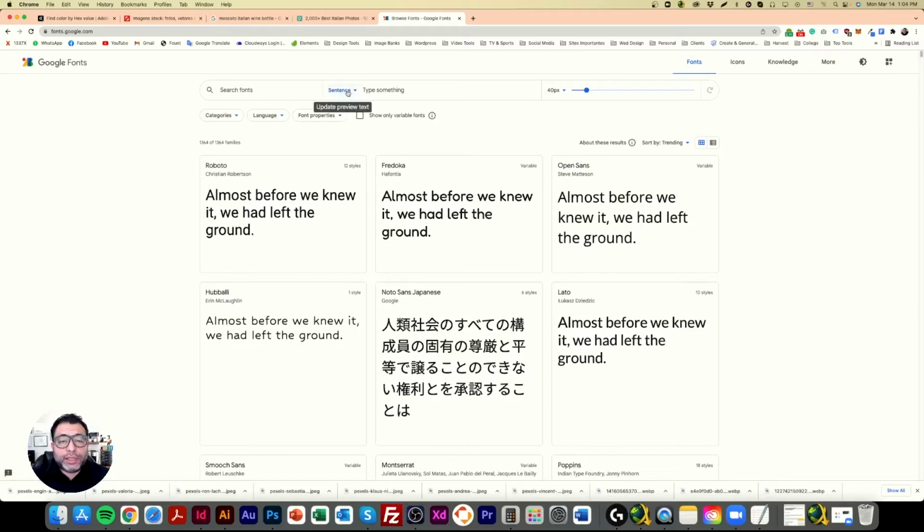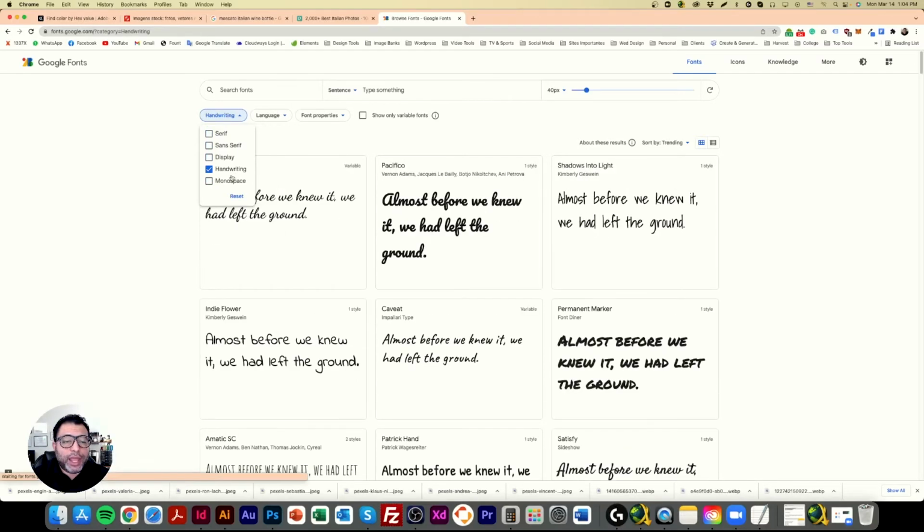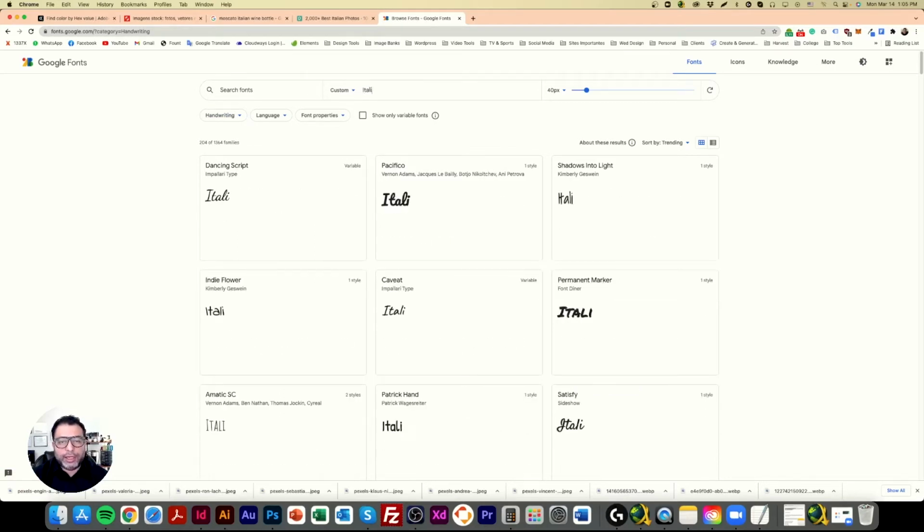Let's try to find some specific fonts. Under the categories, you have serif, sans serif, display, handwriting, and monospace. Let's just select handwriting for now. Let's call the handwriting the titles of our website. Okay, so we have Dancing Script. Let's type something to feel how it looks. Let's type Italian pizza or Italian village